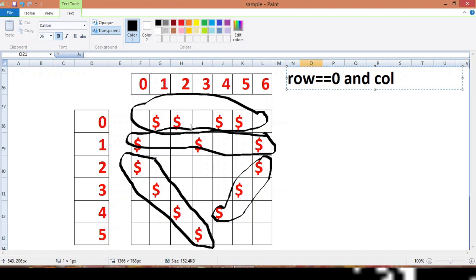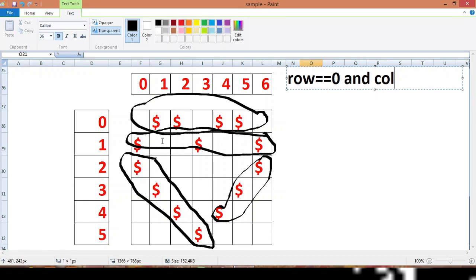That means the opposite of this. So we can write the same condition for both. When we divide our column index by 3 and the remainder is 0, we want to print the star in those particular columns.